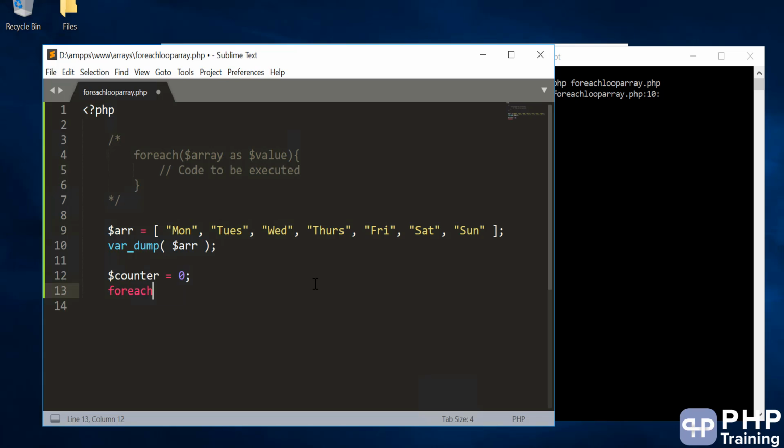The syntax is you have to write a foreach. You can say array as $values. This is a variable, and you can put any variable name here. This is just a value that you are putting in the variable. And this is an array name. This name has to be the name of an array, and this could be any variable that holds that value. So if you just echo out the values,